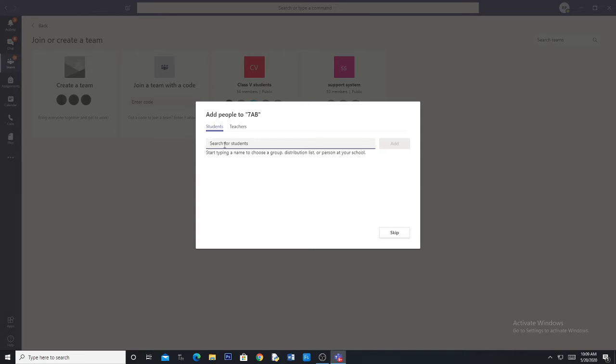Now here there is a possibility that I add the students one by one. Since 7th A has around 45 students and 7th B has around 50 students, adding around 95 students one by one might be a difficult process. You may go ahead with this, but there is another way to add students. For teachers, you need to add them as per the timetable. You can add the teachers.